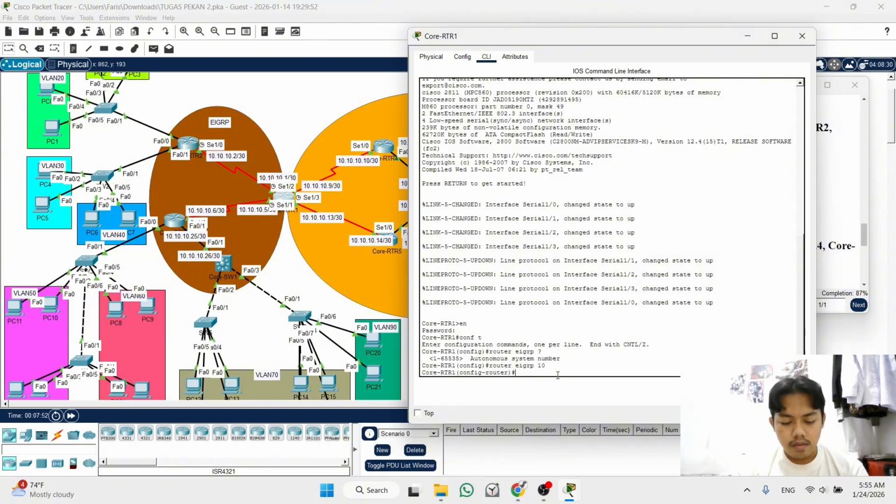You write the network command, and then the network that you want to write. For the first, I will write 10.10.10.1, and then after the IP network, you write the wildcard mask.